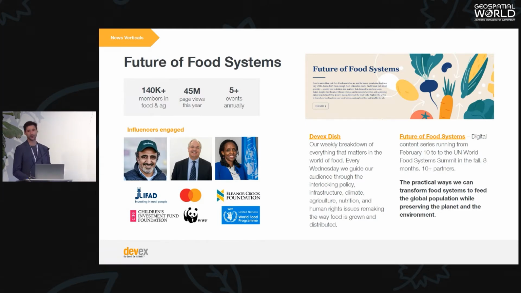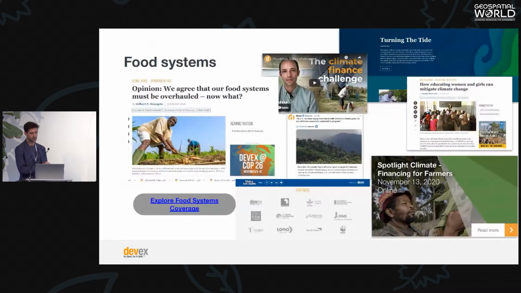But it's important to look into that, I think, to understand what are the possible uses of your applications, you know that, but who are the possible buyers, or I would say allies, to get your products to the organizations who need it. Talking about circular economy, you have this foundation based in the UK, Eleanor Crook Foundation. They put all the funding behind research about circular economy in the food system. So if you want to dig further into that topic, you can look at what they do or look at the stories that we're writing every day.